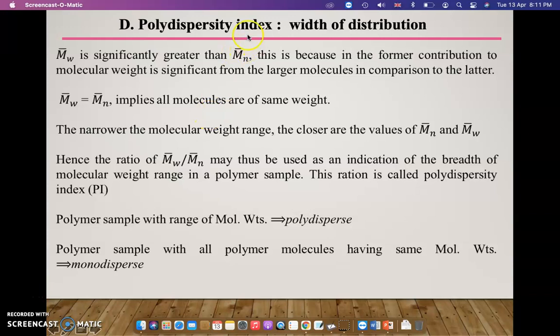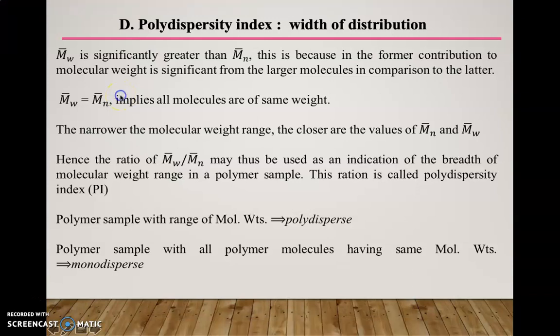Hello everyone. So today we will look into another new aspect, and that is polydispersity index. So in the previous video we talked about the different average molecular weights that we use in order to calculate the molecular weight of polymers. So today we will introduce a new term called polydispersity index. Now what does that mean? Before explaining that particular